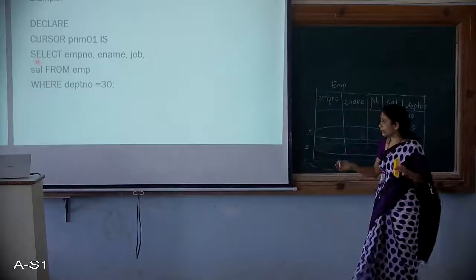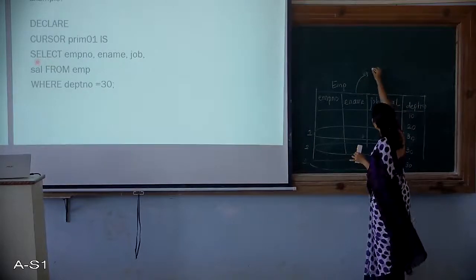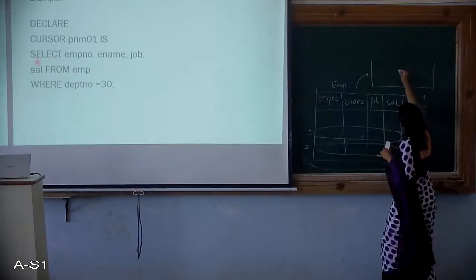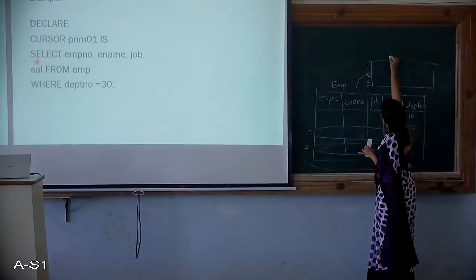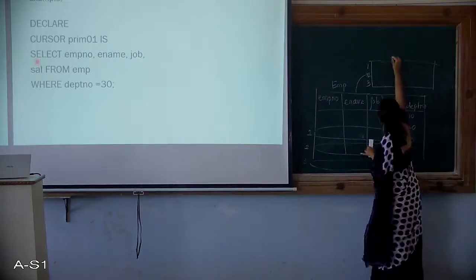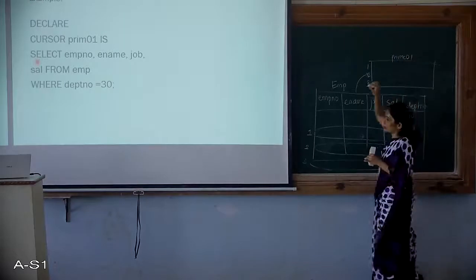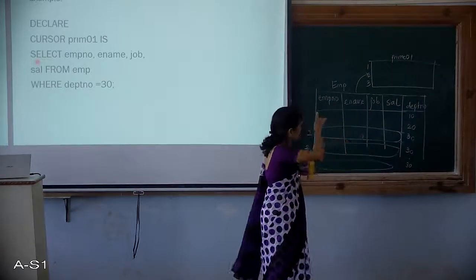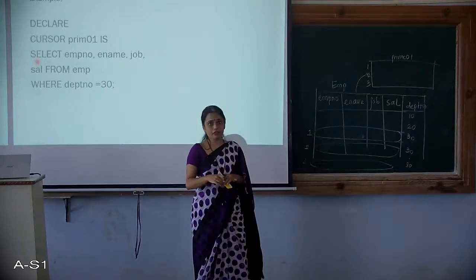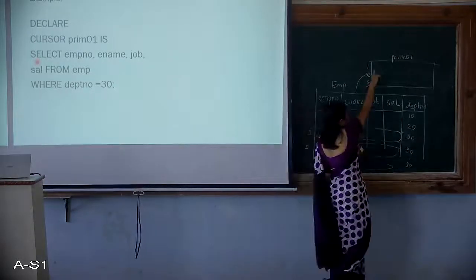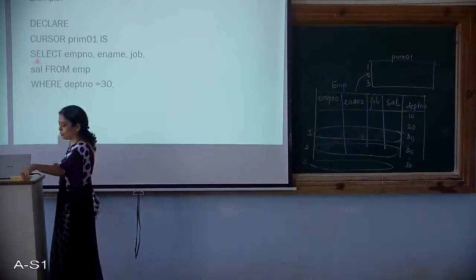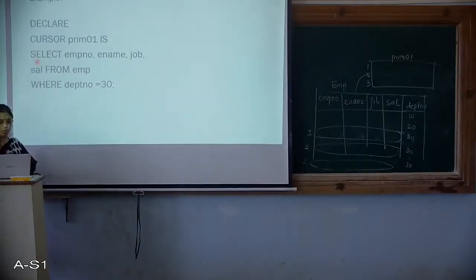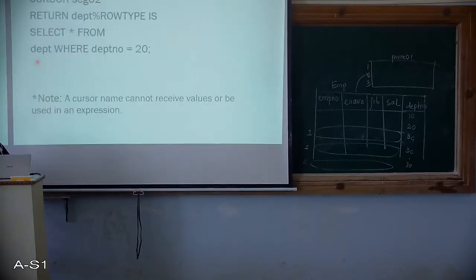So I am talking about a lot of data being extracted and stored into a memory location, and that memory location, so all this employee number 1, 2, 3, the cursor name is prim01. So prim01 is the memory location's name, which is a cursor to all this data which is extracted. So only these 3 employees' data reside there. You can decide later what you want to do with those. Okay, so this is one part that I have shown, wherein I have tried to show you that you can define a particular cursor in such a manner.